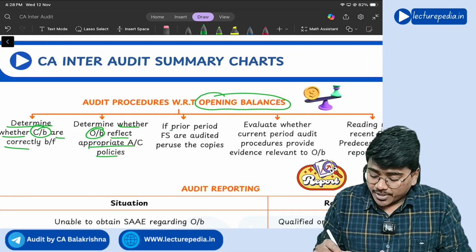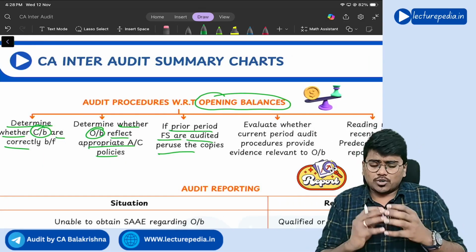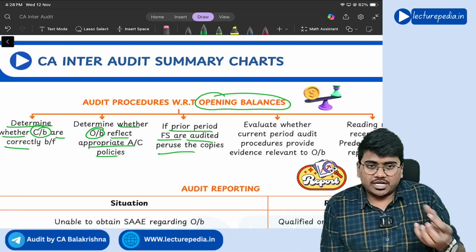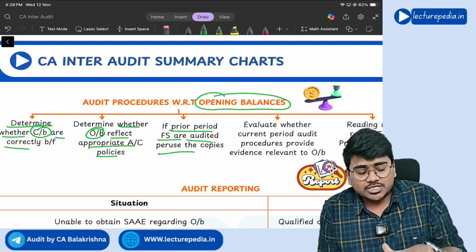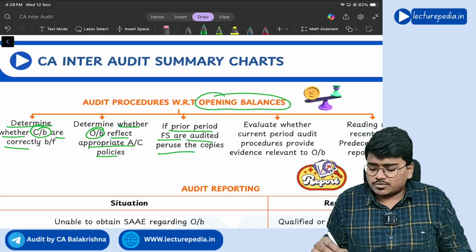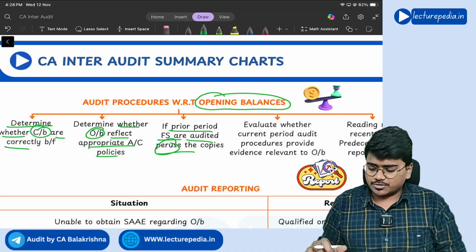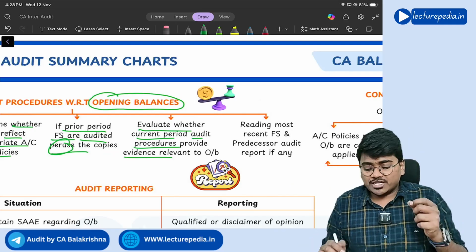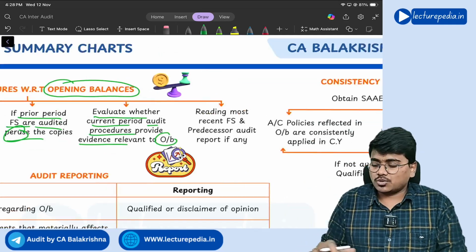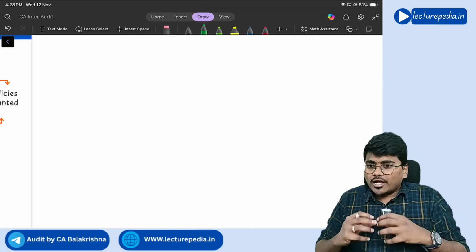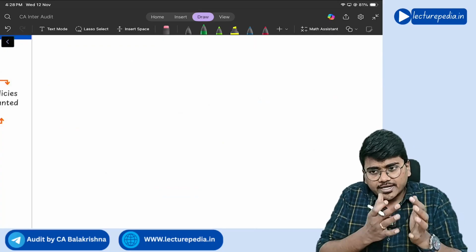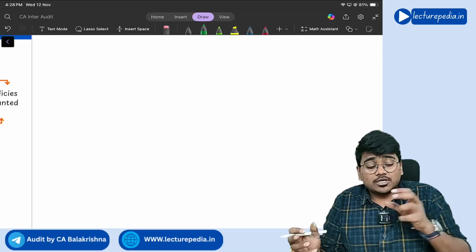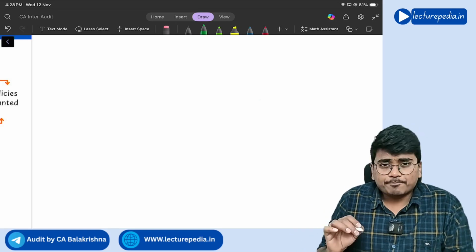If the prior period financial statements are audited, peruse those financial statements. So if the previous year's financial statements have been audited, go through them once, peruse, meaning just read the financial statements once. Next, evaluate whether current period audit procedures provide evidence relevant to opening balances. Sometimes what happens is, while you are performing audit procedures related to the current period, they will provide you audit evidence about opening balances. Like, for example,